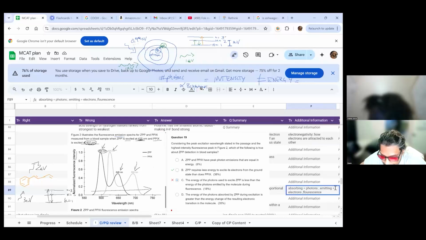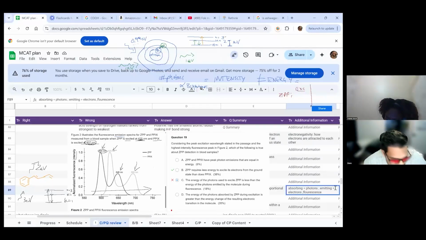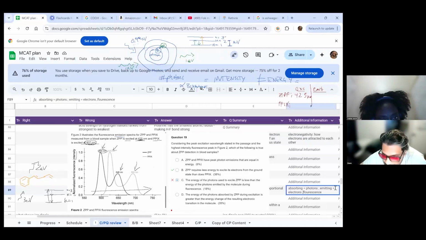I'll just write that in red over here. So for ZPP, excited here and then emitted here. For ZPP, it's excited at 425 nanometers. For the PPIX, it is excited at